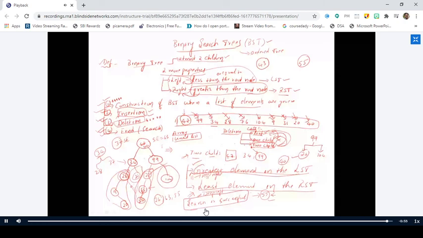Right. We are done with the first unit, the second unit, the fourth unit, and the fifth unit also. We are left with only one topic, that is linear lists. So in the next class, next week, I will start the linked list concept, and in the same week itself, we will close the syllabus part. Right? Is it clear? Yes, sir.